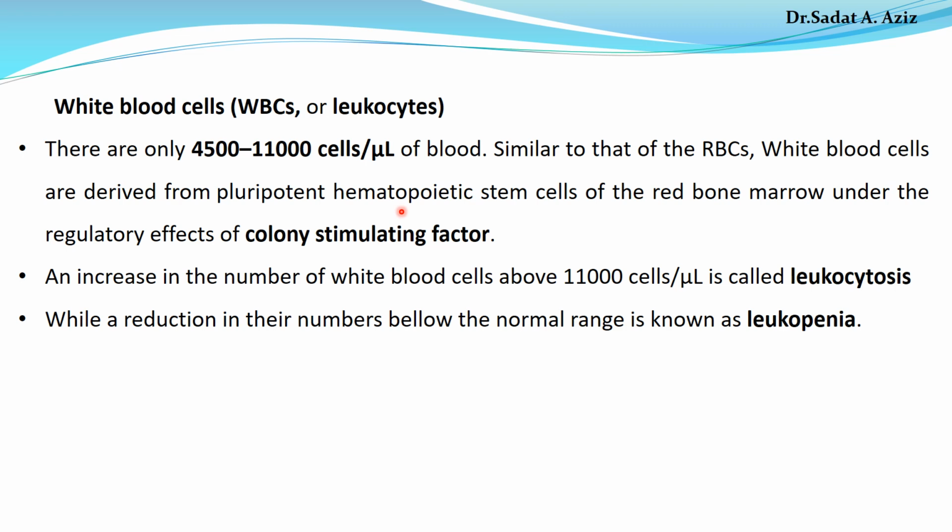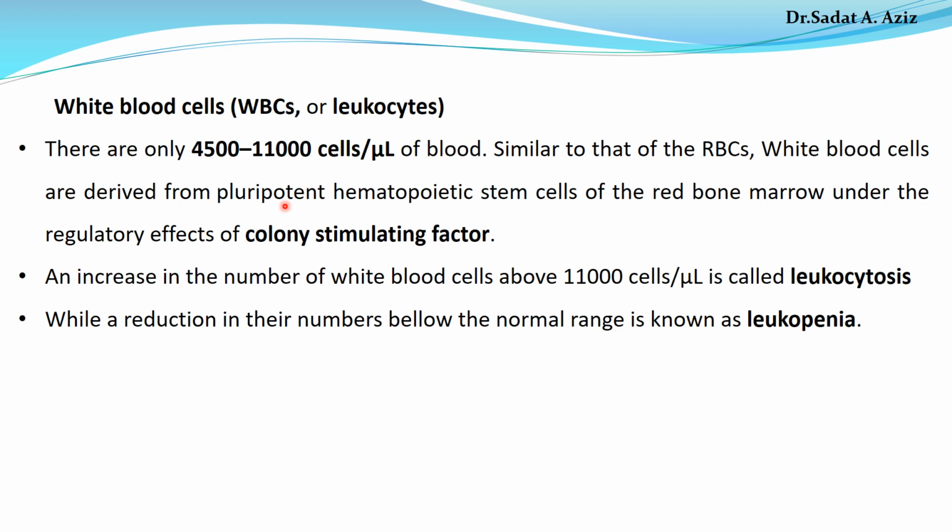So in the case of the red blood cells, we have erythropoietin. Erythro means red blood cells. When erythropoietin binds to the receptors on the surface of pluripotent hematopoietic cells, it induces them to produce what? Erythrocytes. But in the case of the white blood cells, we have this factor or hormone, which is called colony stimulating factor. When the colony-stimulating factor binds to its own receptors on the surface of pluripotent hematopoietic stem cells, it directly stimulates them to produce white blood cells.